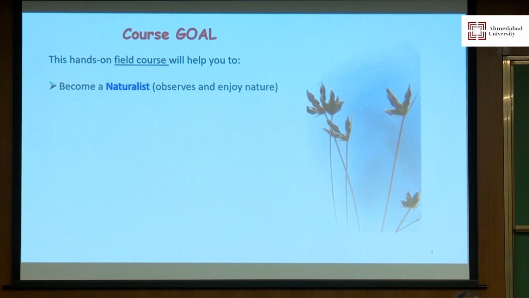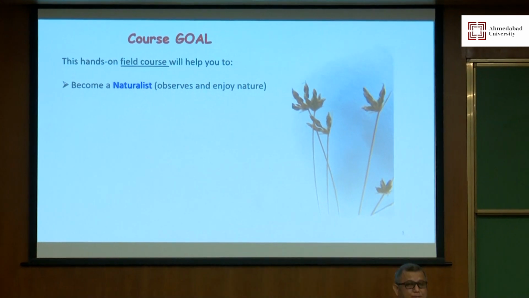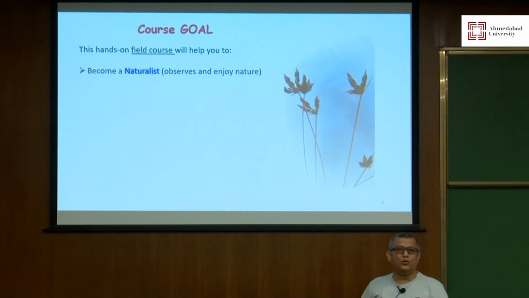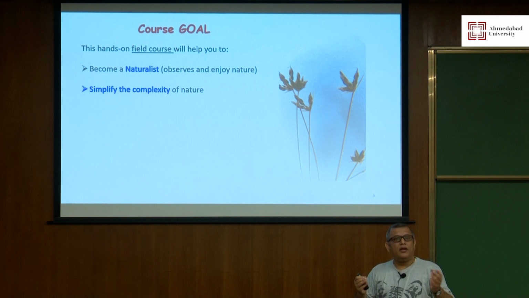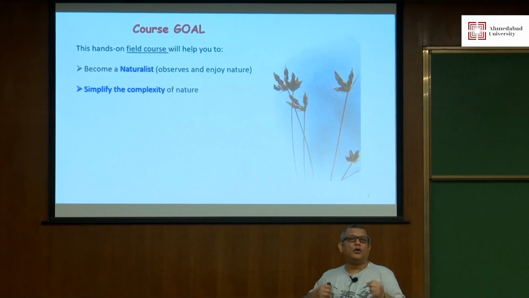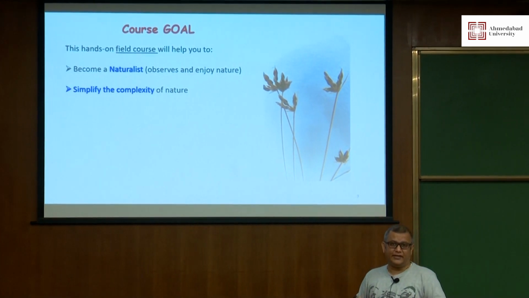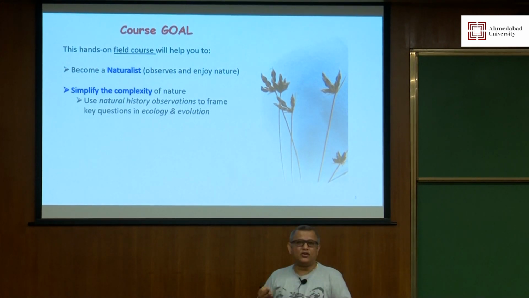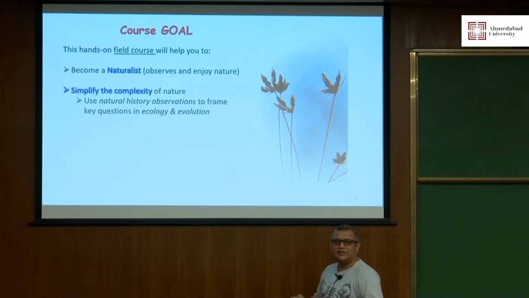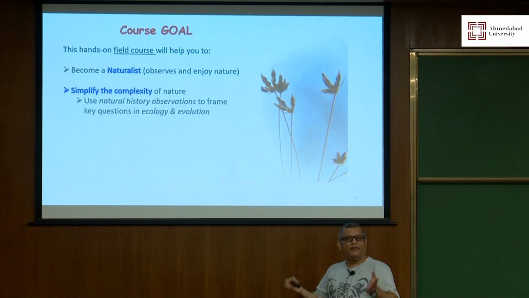So in this hands-on field course, what we'll be doing is we'll be trying to first be a naturalist. So these are people who just observe and enjoy nature. And then from there, we will be trying to decipher how to understand the complexity of nature. Okay, and we'll be doing this through looking at natural history and then posing questions related to fields of ecology